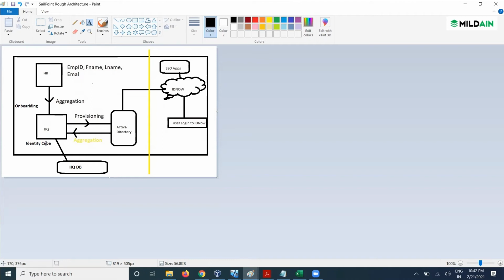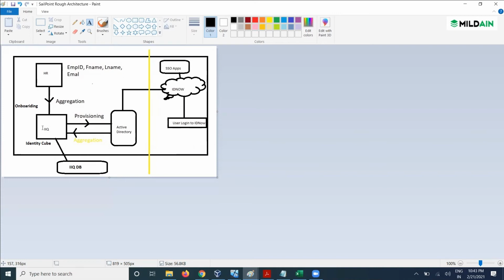There will be some files provided by SailPoint. We have to run those queries in the IAQ database, so that our IAQ database gets generated and there will be some data inside it, because initially we would require some data. The reason being, on the back end, IAQ is Java based. It's actually Hibernate. Java and Hibernate are object oriented.